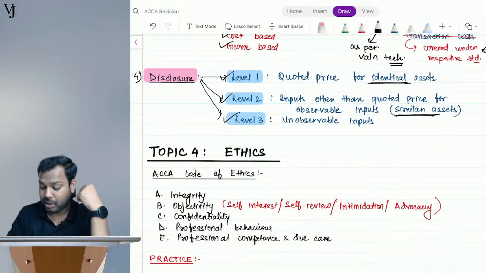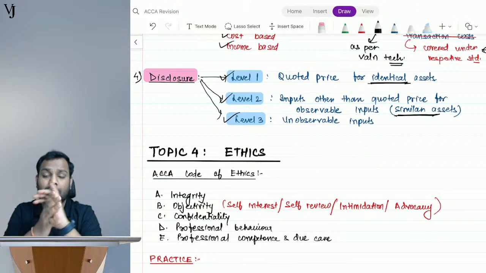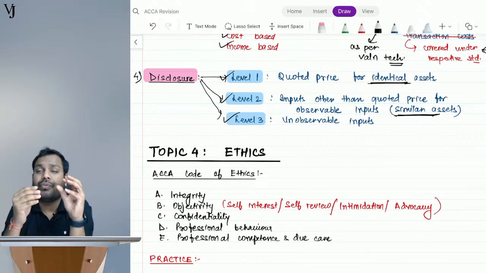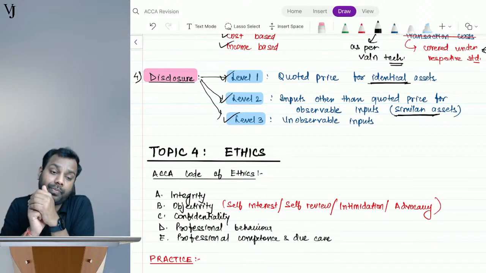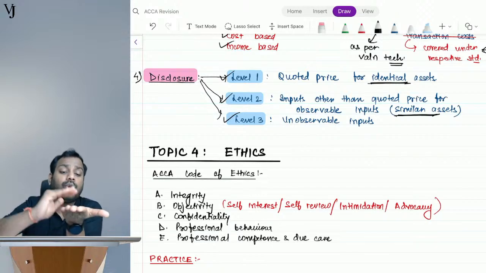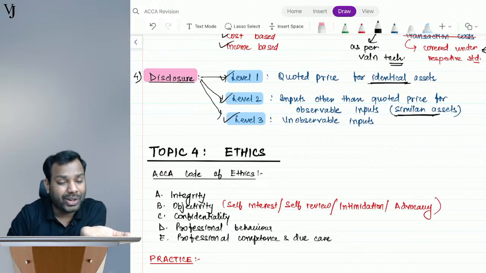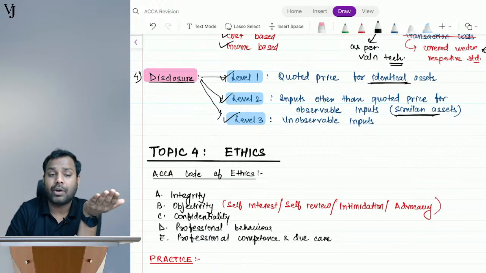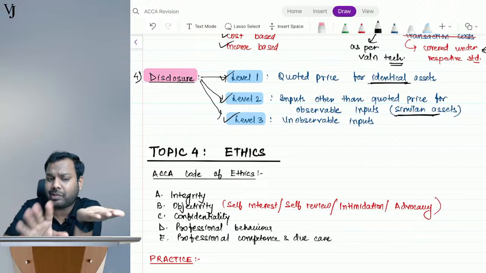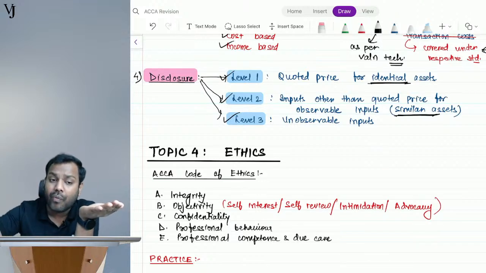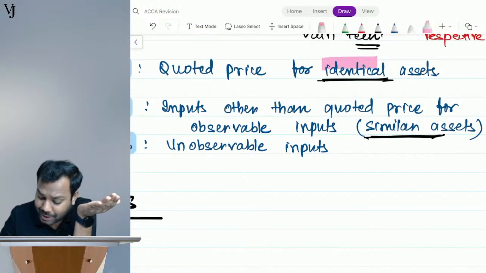Fourth point, understand. Wherever you use the term fair value in the financial statements, you have to give a disclosure that the fair value is a level 1 input, level 2 input or level 3 input. How have you derived the fair value? Level 1 input means you have the quoted price of it, like investment in equity shares or mutual funds. You have the listed price in the market, you can check it from there. Quoted price of identical assets.